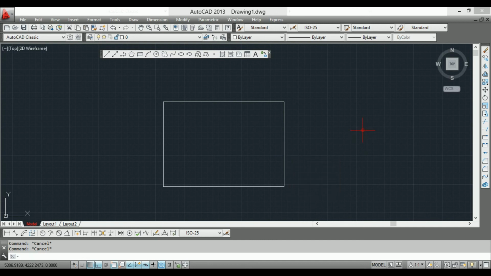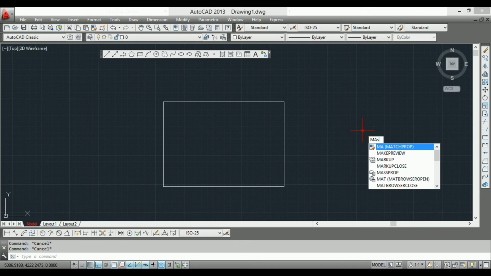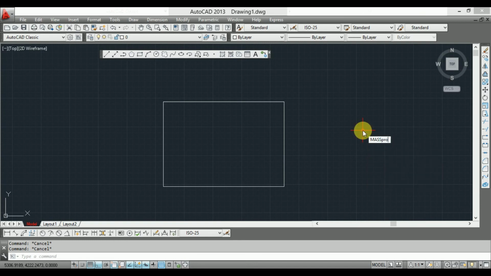Put MASSPROP in the command bar, and it shows select object. Then I select the object and press enter.